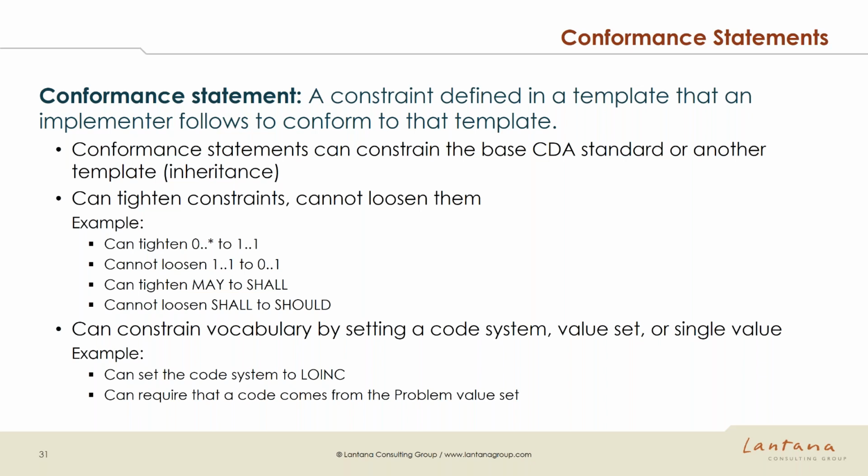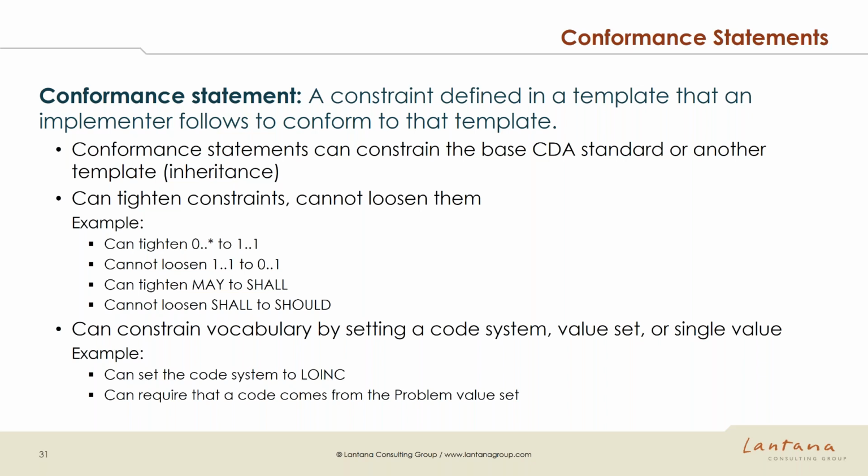Now, up on screen, there are some indicators here, what we call cardinality indicators, such as 0..*, 1..1. These represent minimum and maximum values. These are very common in conformance statements and in the CDA spec itself. For instance, you might have a constraint that says, you shall contain 1..1 code. What that means is that in this particular field, you can have a minimum of 1 code and a maximum of 1 code. In other words, exactly 1. And that happens quite commonly, for instance, if the code was optional in the base CDA spec and you want to make it required